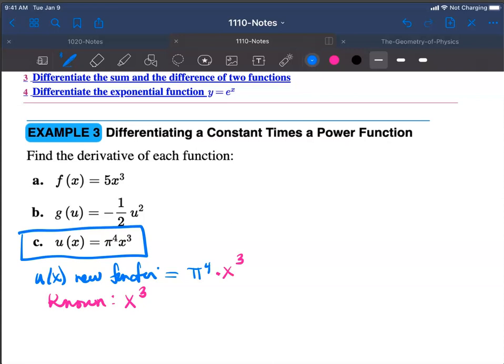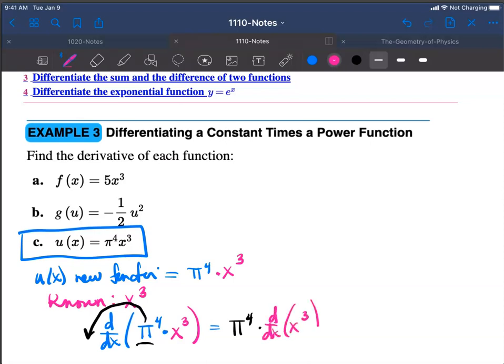And what I mean by known, I'm saying that if we're trying to find the derivative of pi to the fourth multiplied by the function x cubed, we know that, according to what we just showed, the constant right here can come out in front of the derivative, and we can just instead take the derivative of our known quantity x cubed, which is equal to, by the power rule, 3x squared, which tells us that our answer is, for the derivative of the function u of x, pi to the fourth multiplied by 3 multiplied by x